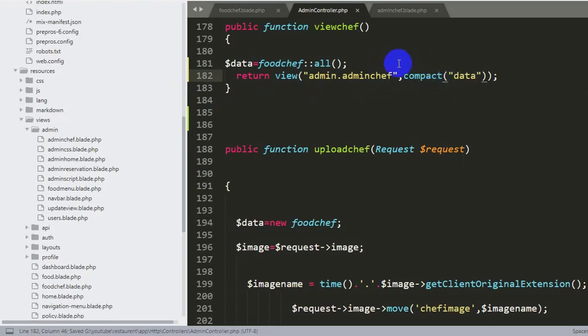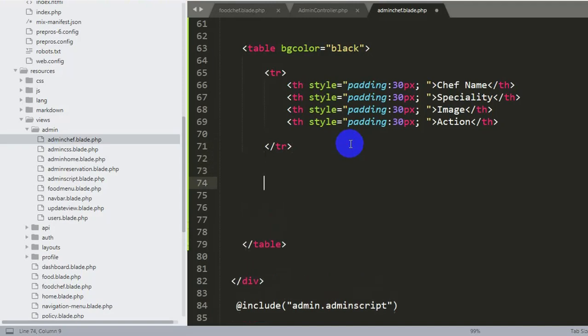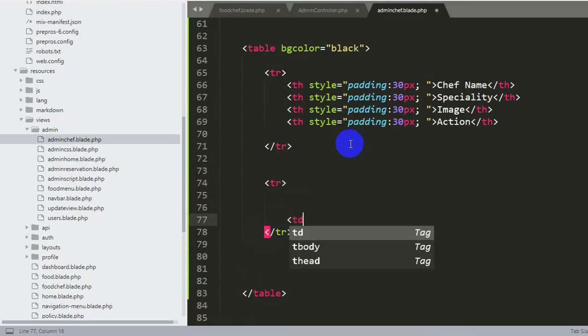Now let's go to adminchef.blade.php, and over here we will add another tr, and inside this tr we will have 4 td.